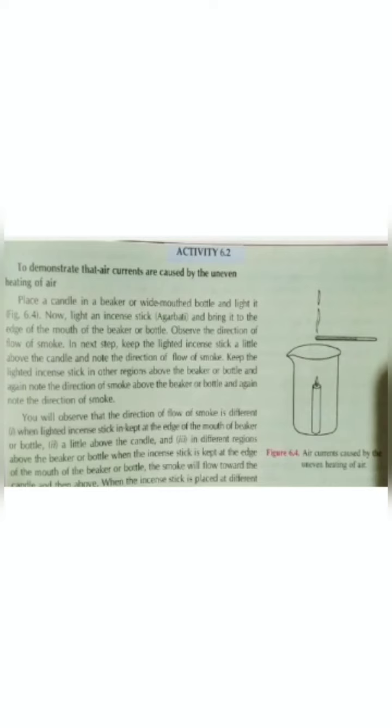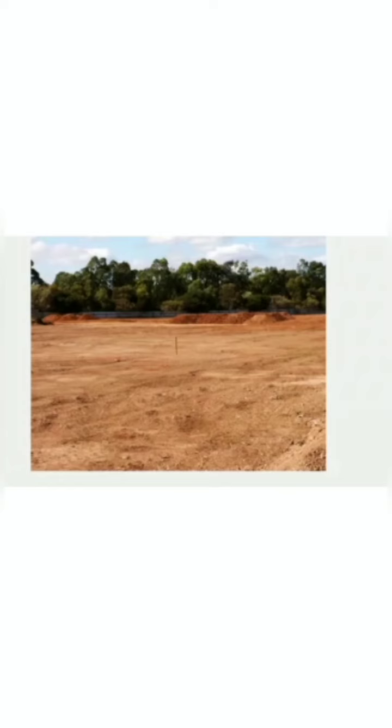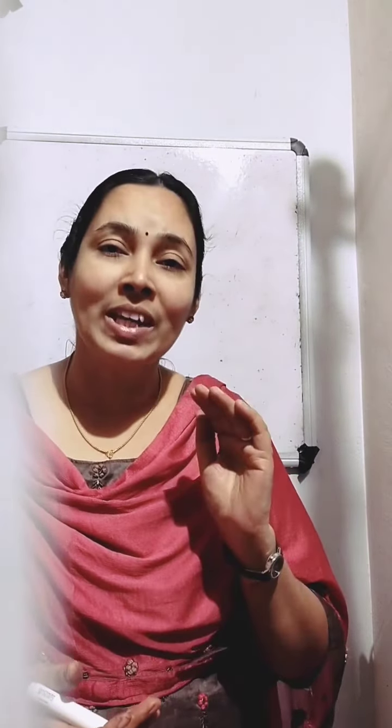Okay, so this shows air currents are caused by the uneven heating of air. The patterns revealed by the smoke show us the directions in which hot and cold air move. In a similar manner, when air is heated by radiation from the heated land or water, it rises. But since land gets heated faster than water, the air over land would also be heated faster than the air over water bodies. If you look at the situation in coastal regions during day,